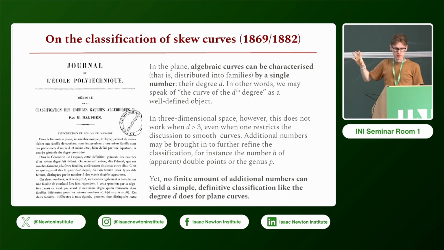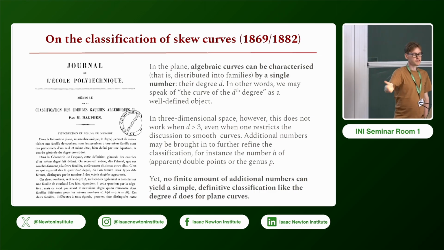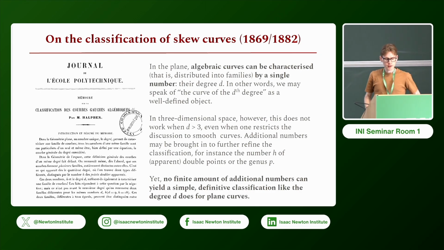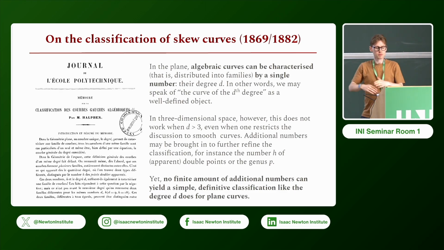The starting point of this memoir, just like in the case of systems of conics, is to say, well, in the plane, the degree of a curve yields a sufficient classification, right? We can just say, well, algebraic plane curves can be split into classes that are defined by this one number. In space, this does not work, because we can define the degree of a skew curve, but this is not a sufficient